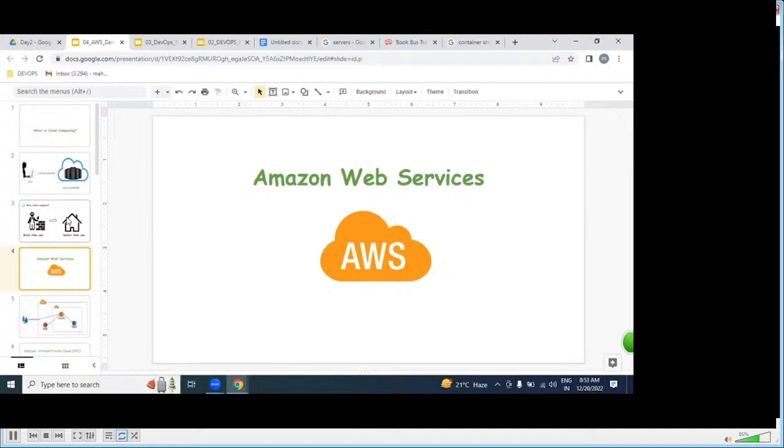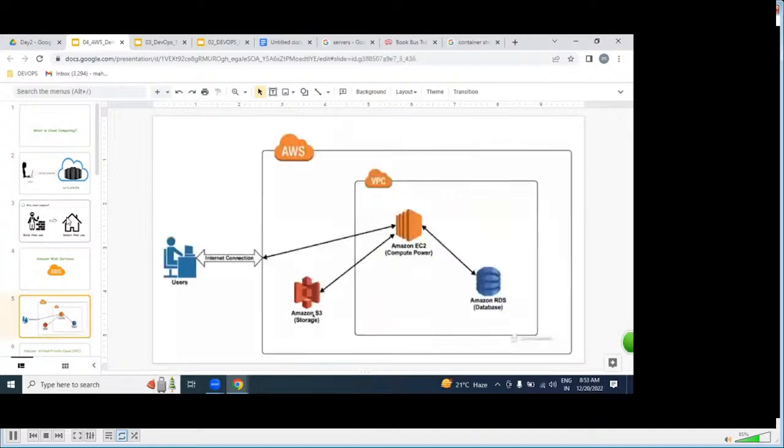In AWS, we are going to learn these modules: VPC, EC2, RDS, and S3. Each module will take minimum 2 weeks. Understood very clearly? Totally 7 weeks to complete this diagram.